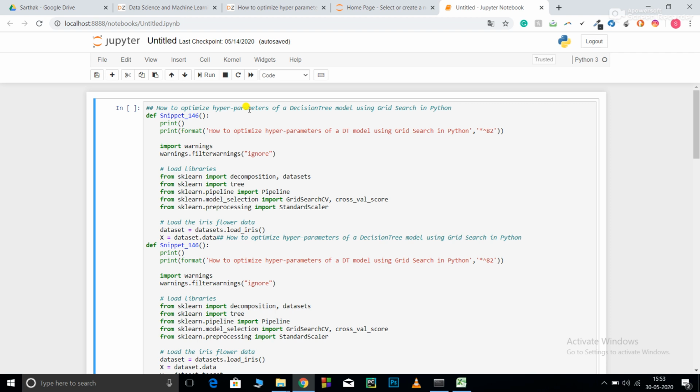Hyperparameters are not your model weights, because the model weights are learned by your model while training on the data set, but hyperparameters are different parameters that your model uses. So over here I am performing GridSearchCV on a decision tree.